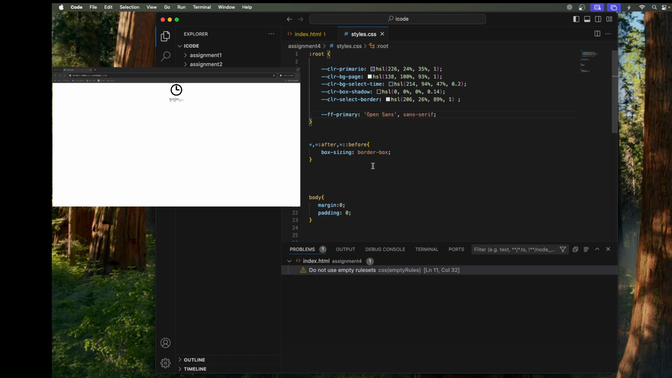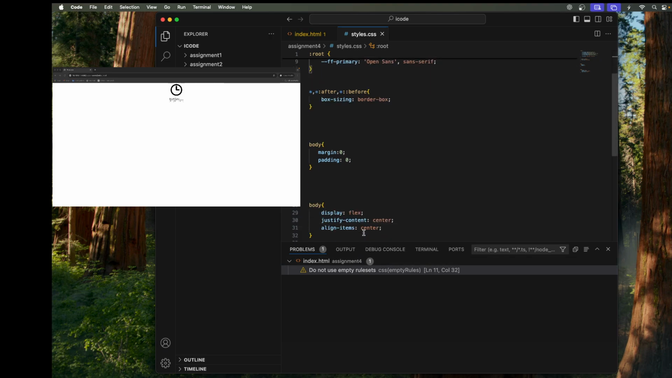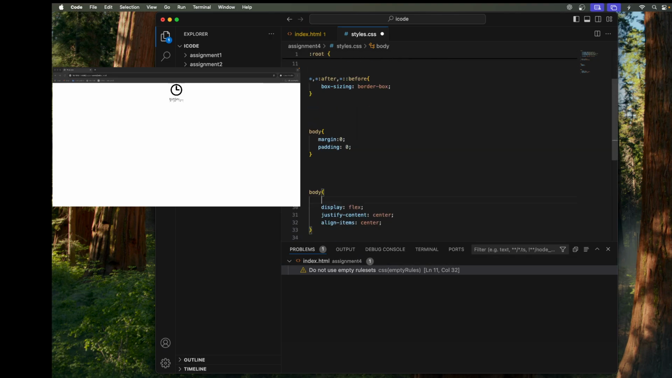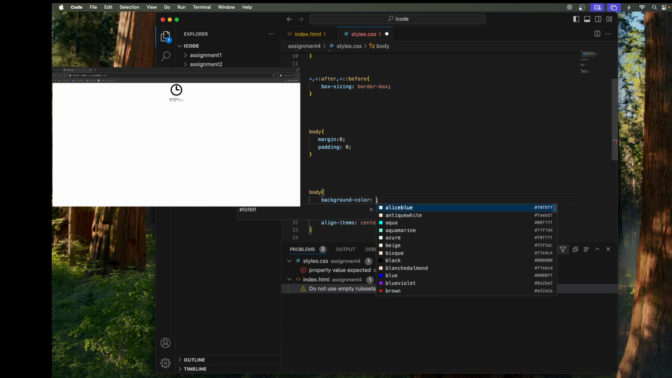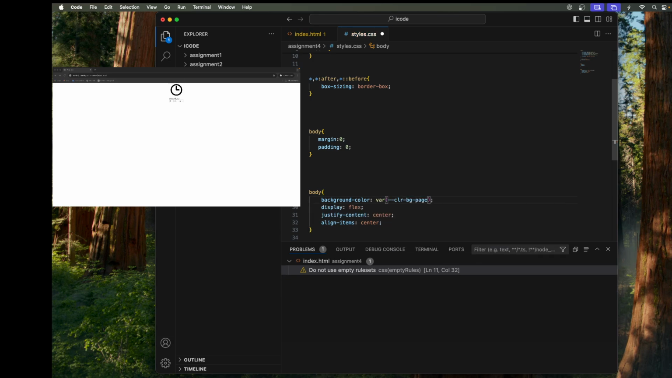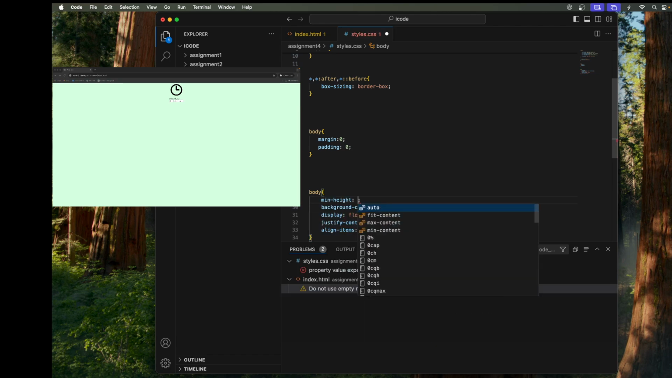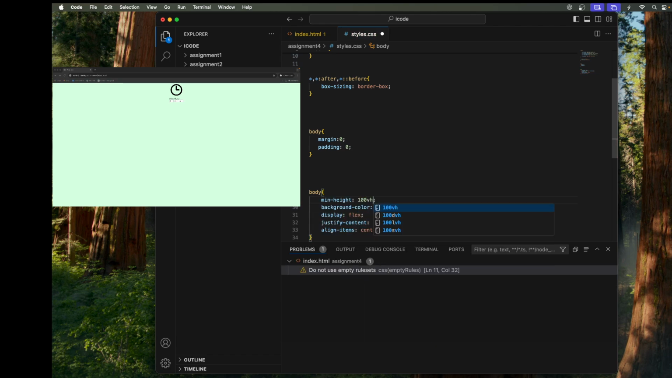So what we need to do is, okay, let's get rid of primary. Let's give this a background color, and then do hyphen hyphen. Okay, so the color has changed now. Let's set min height, let that be 100 view height, and then